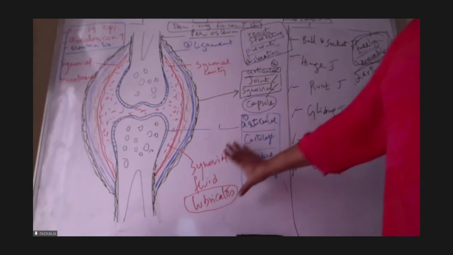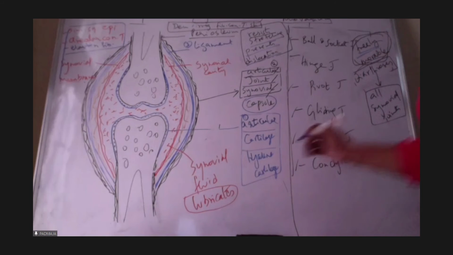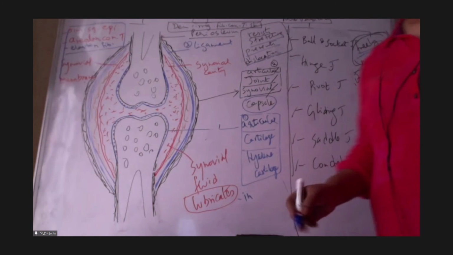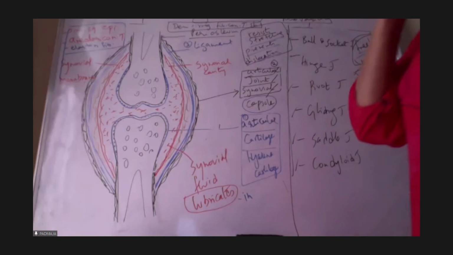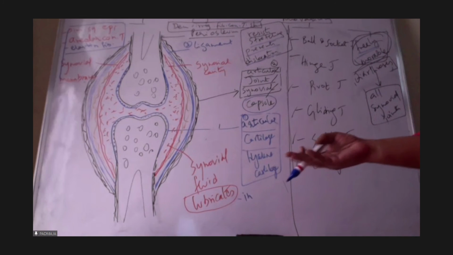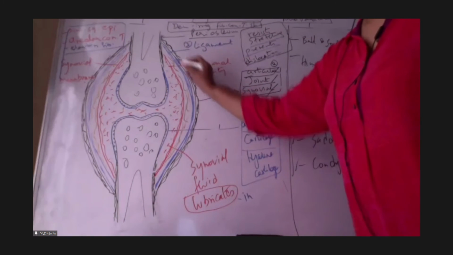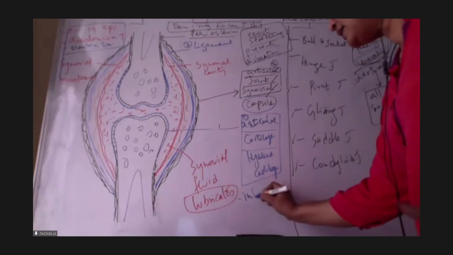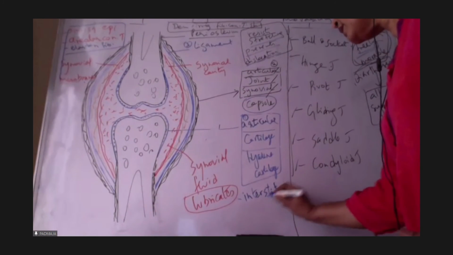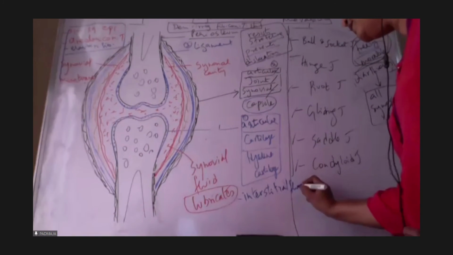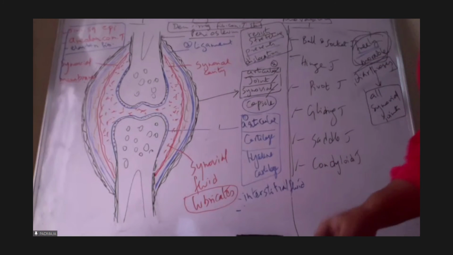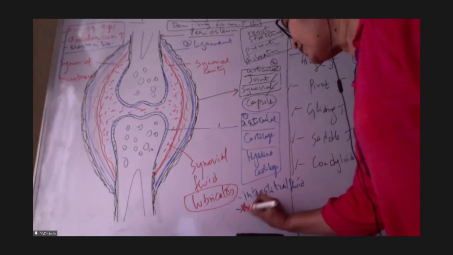Now we'll discuss the synovial fluid. It's nothing but interstitial fluid. Do you remember what interstitial fluid is? Formed from the blood capillaries, ECF, extracellular fluid, tissue fluid. So it is secreted by this synovial membrane. It is interstitial fluid with the important component. I'm using red color because it's very, very important.